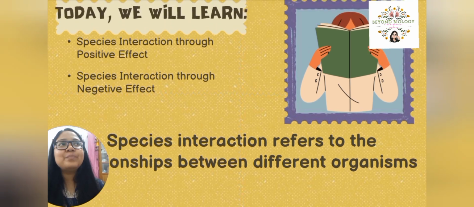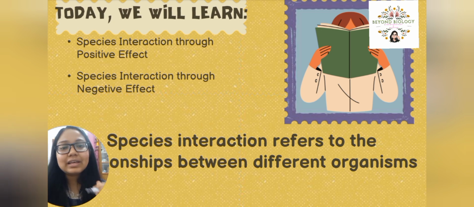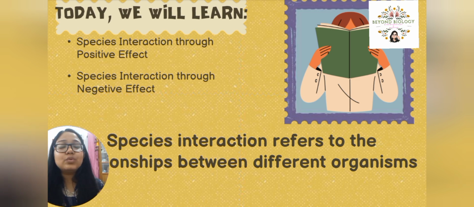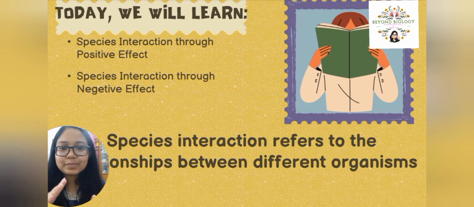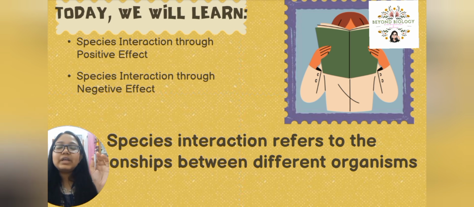For example, I am interacting with you, right? So you and I together we make a population. When we are taking considerations of other species, it leads to community. This much is required. So what is species interaction? Interaction, you have understood species, right? Individuals. So interaction means any form of communication, be it preying over or